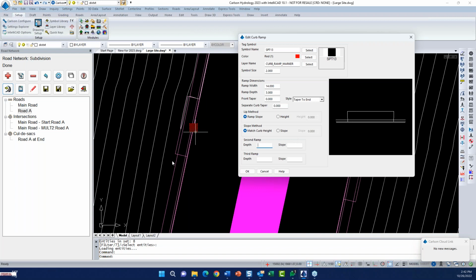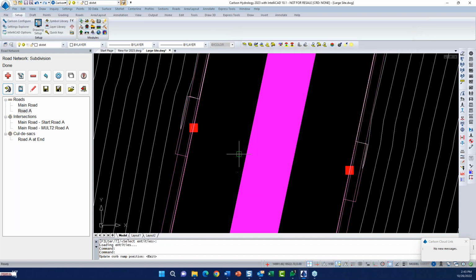So let's say this gets me back to the shoulder. So then I want to go another 10 feet, slope of 1%, and that's the beginning of my driveway. And then you can actually keep going beyond that. And I can hit OK. And then when I process this again,